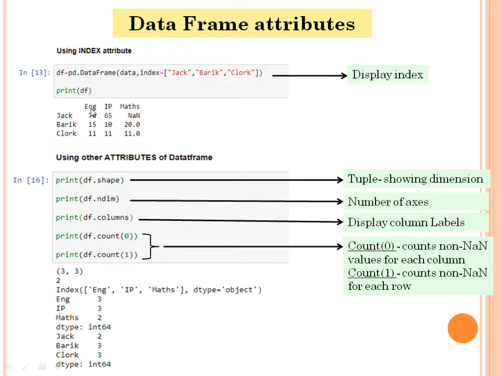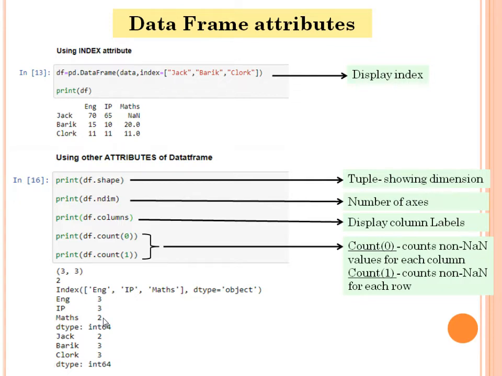So it will display English has 3 values, IP has 3 values, maths has only 2 values. It ignores the NaN value as in SQL. You remember SQL has a count function. It ignores the null value. Similarly, it ignores the NaN value.